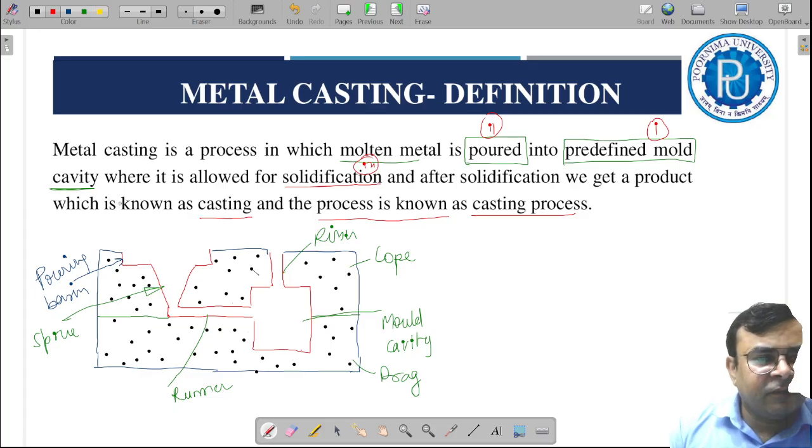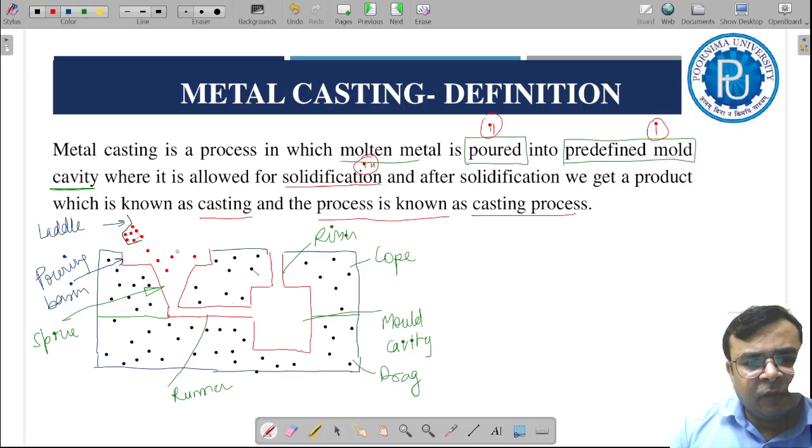So how do we perform this metal casting process? Basically we have a ladle. Is it right? We have a ladle like this, and through this ladle we first transport the liquid metal from the furnace. Is it right? A furnace we have in the foundry melts the metal, and after that, with the help of this ladle, we transport the metal and pour the molten metal into this